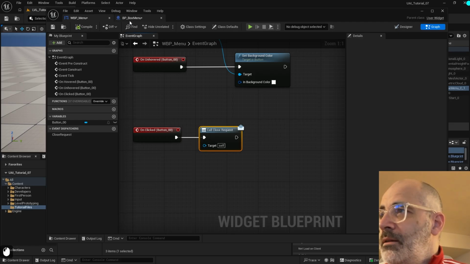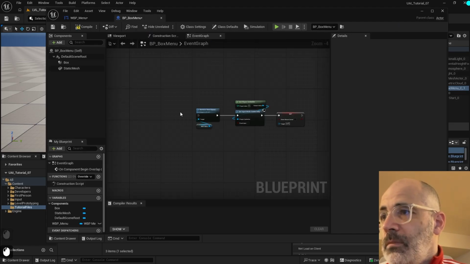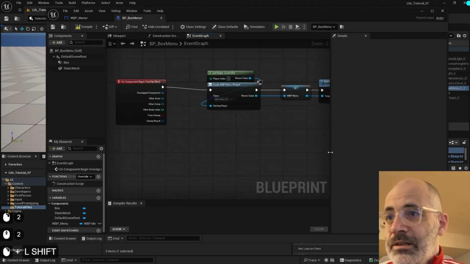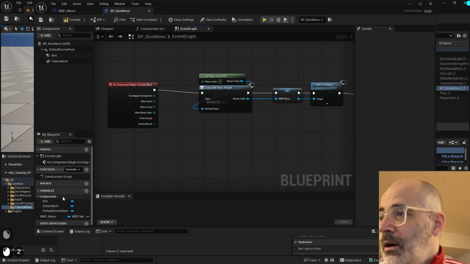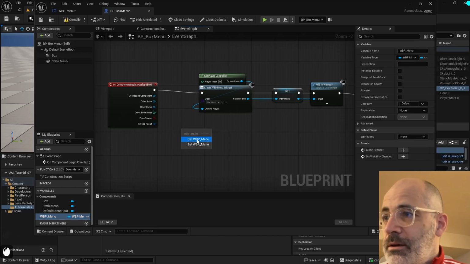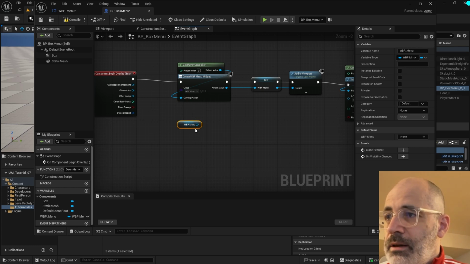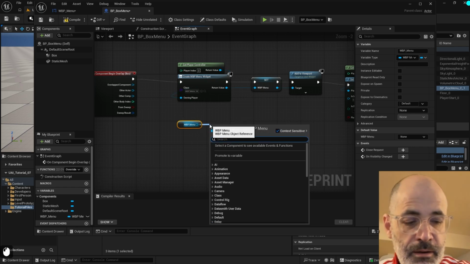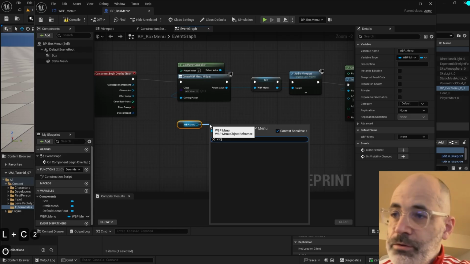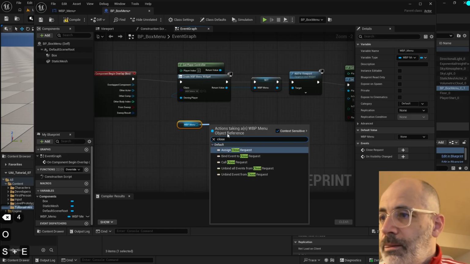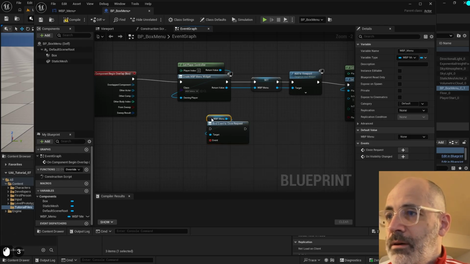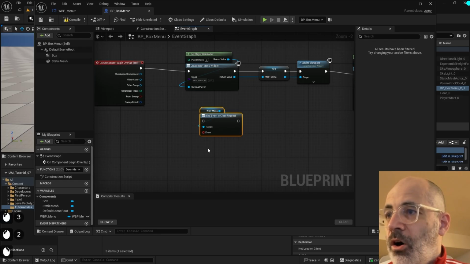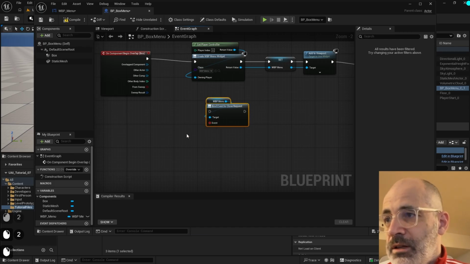So in the BP box menu, we need to now tell this system to listen for the dispatches from the widget. So here we're going to take our widget menu reference, which is this that we've created there, just keeping this tidy as its own separate icon. And I'm going to pull off here and say close request. Bind event to close request. Okay, so we are telling the system now that when the close request is called, I want you to trigger this event. So let's create a custom event